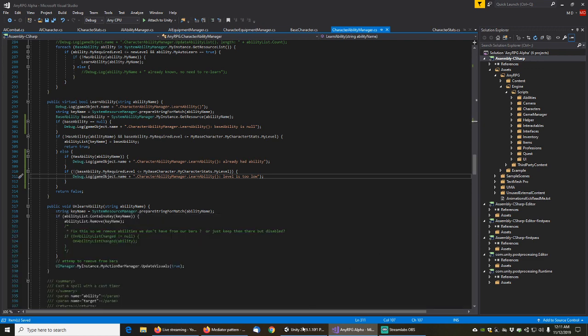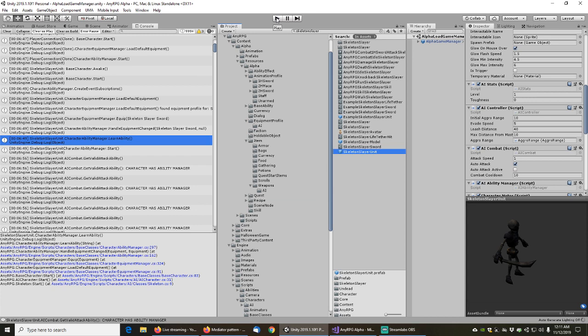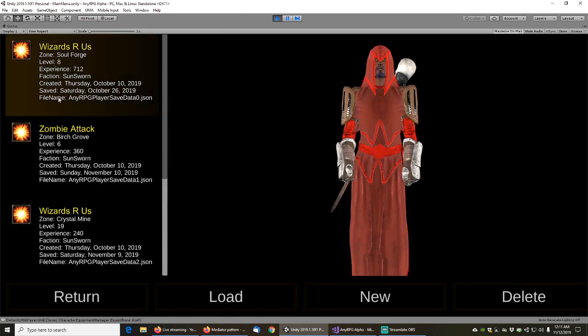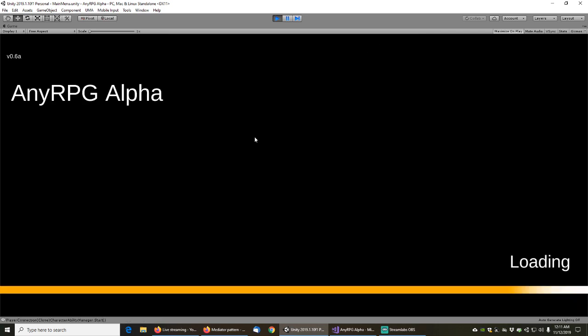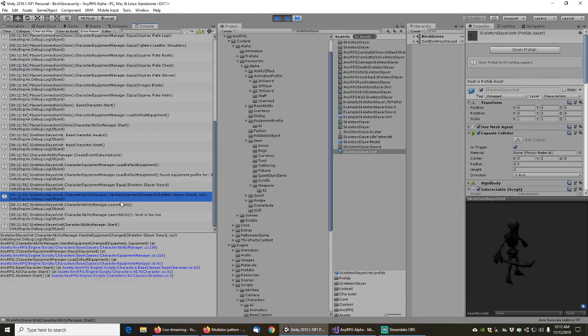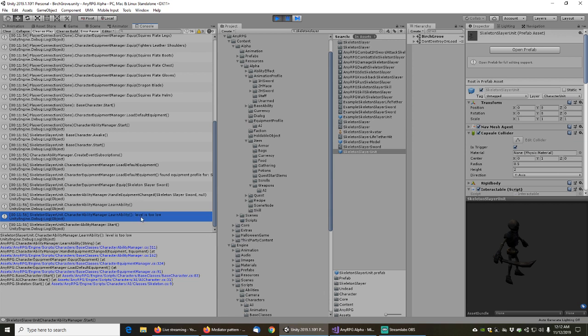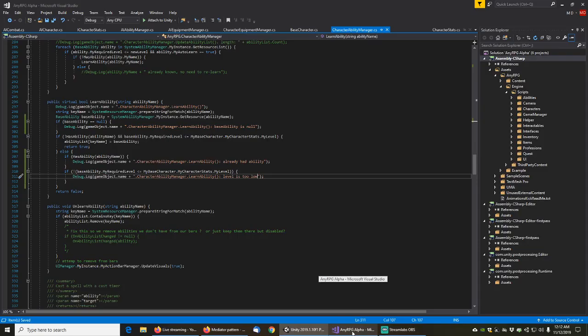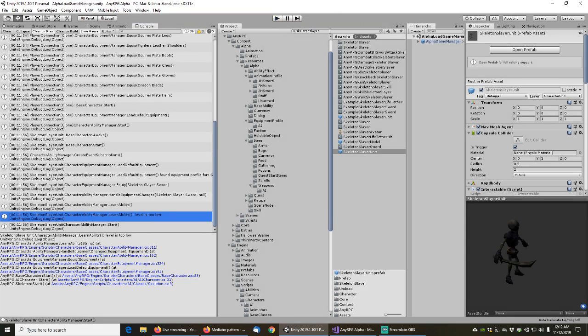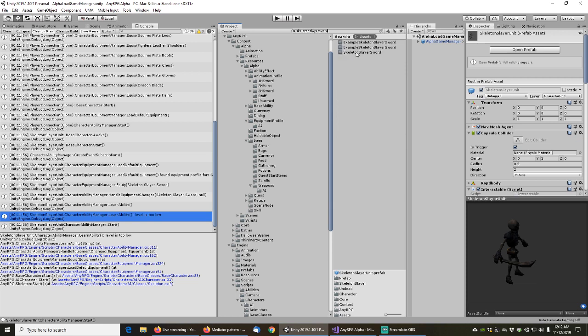Okay, and let's try that. And let's just take a look and see. Level is too low. Okay, so that's a really interesting one, because if we look at the skeleton slayer sword,